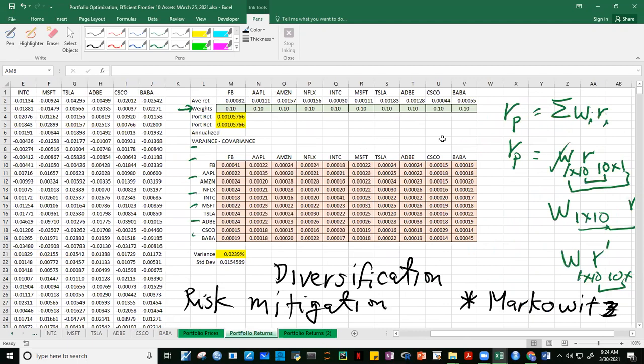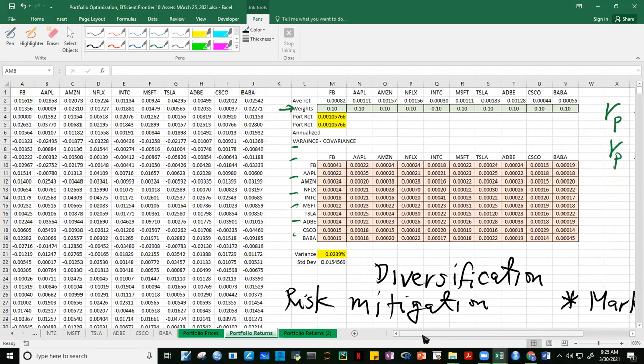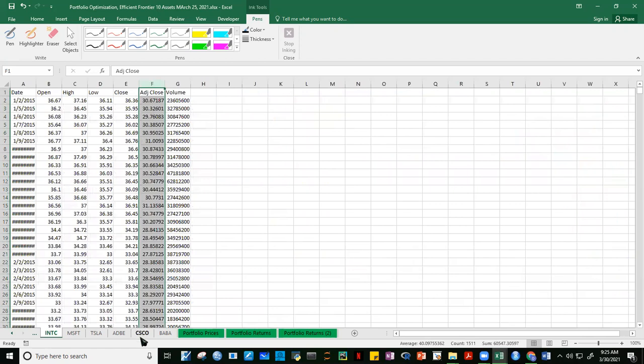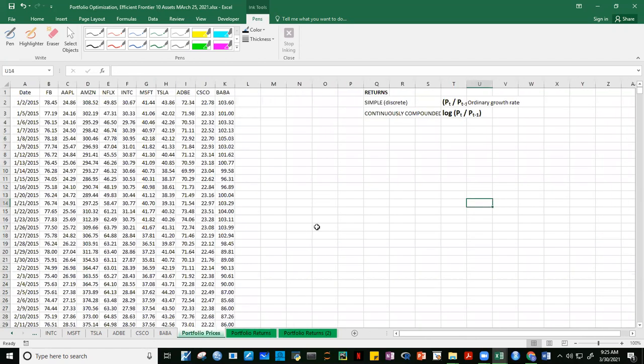So we had an example last time na equally weighted yung asset natin. 10 assets tayo. And then kinompute natin yung mga returns niya. Yung returns based on historical data yan. So kinuha muna natin yung prices, di ba? Kinuha natin yung prices, yung adjusted close. Tapos kinuha natin yung returns niya. Kinompute natin here.